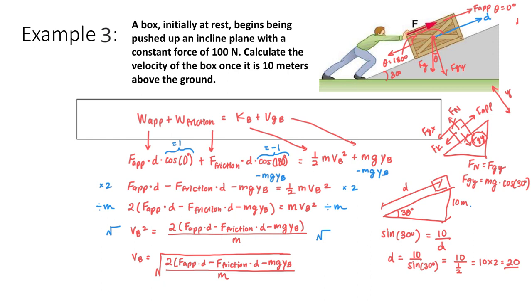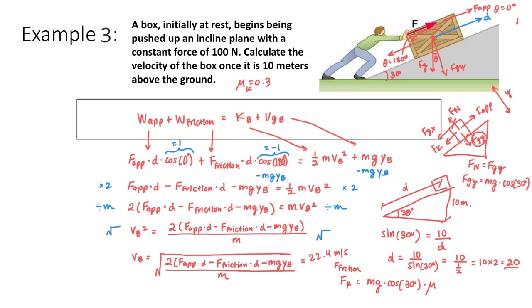So I know that the frictional force in this case will just be that normal force, mg times cosine theta, times mu, which in this problem, again, we're going to assume is 0.3. That'll be the coefficient of kinetic friction. So I can write down that my force of kinetic friction, which is the same thing as force of friction, either way is fine, is equal to mg times cosine of 30 degrees times mu. And now I know all my values. I can plug them all into this expression that I've obtained here. And when I do, I'll get that my velocity is equal to